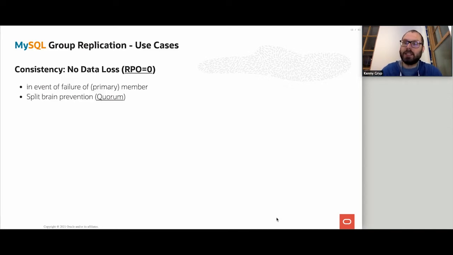So what are the use cases? Just to summarize a little bit. No data loss, so a recovery point objective of 0, can be reached in the event of a failure of a member. With 3 members, it is recommended to have 3 or 5 members, or at least an uneven amount of members, because we have this quorum-based